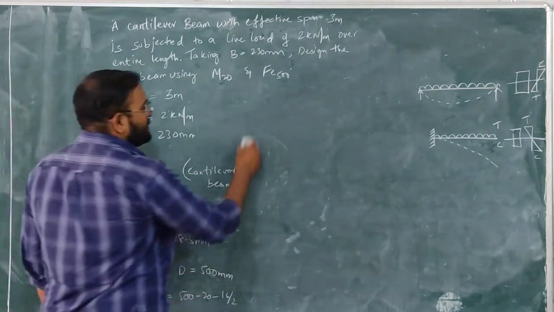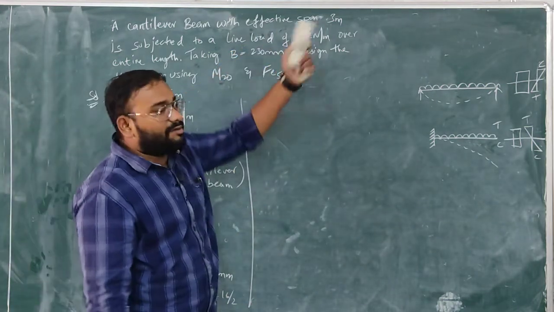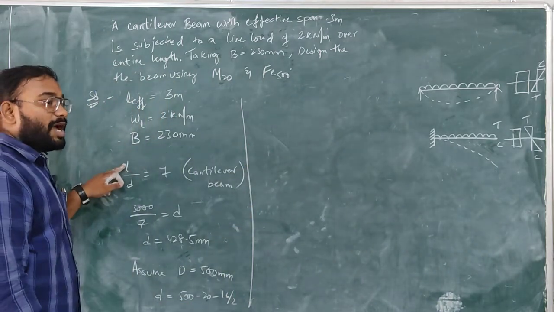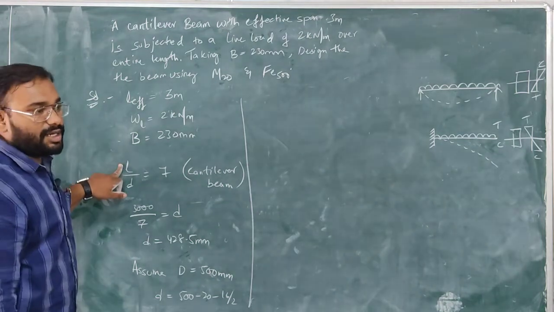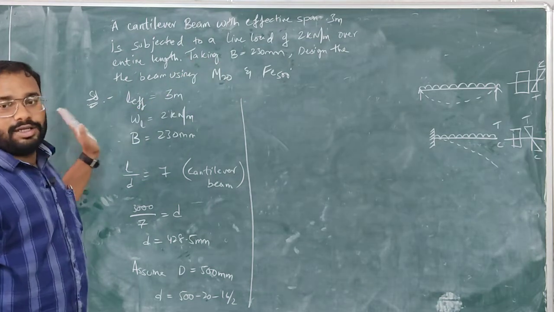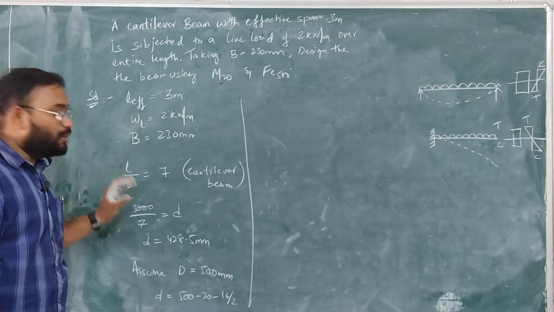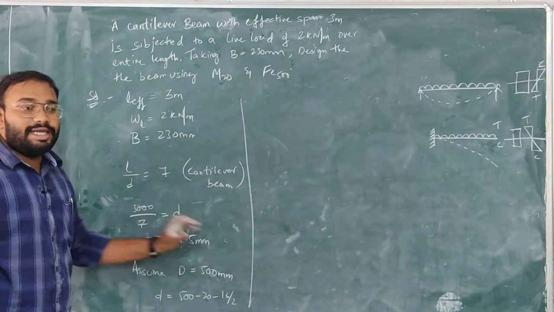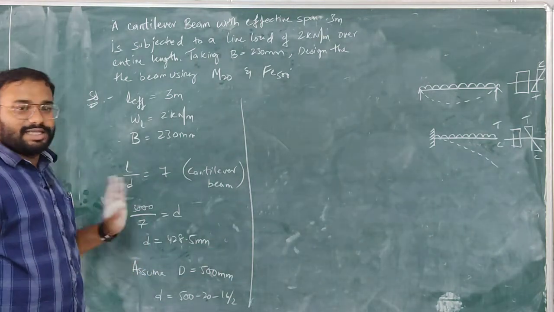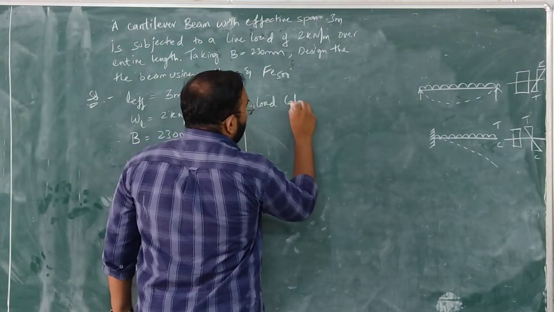Now the next step is effective span. You need not calculate it here, because you are directly given the effective span. This is span to effective depth, and we are using the effective span here. It doesn't make any difference, because for 3 meters the effective span will be 3.23 or 2.7, somewhat like that. This is only to give you how much depth is required at least. Of course you are assuming some other value, which is more than this depth, and solving your problem. Next, directly go to load calculations.